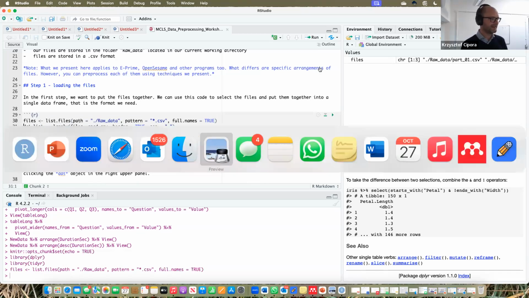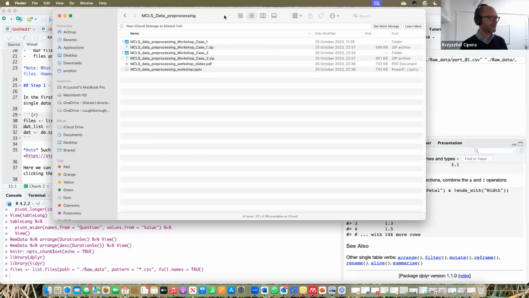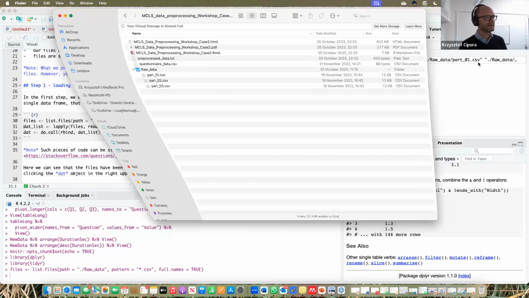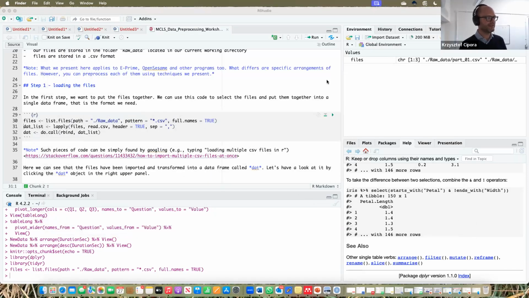If we look it up, that's the folder that we are in, and we have a subfolder called raw data. And we have the files called part 01, part 02, part 03. So it listed them here. It tells us that there are 3 of them. And now we do this,